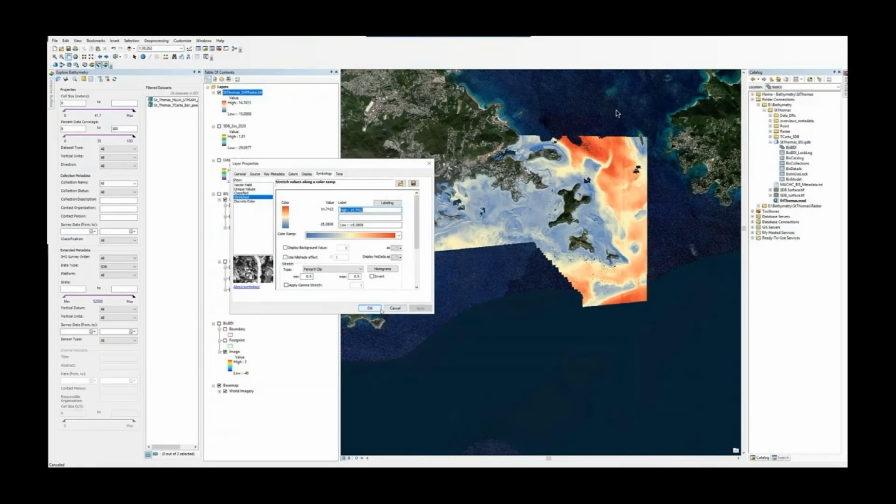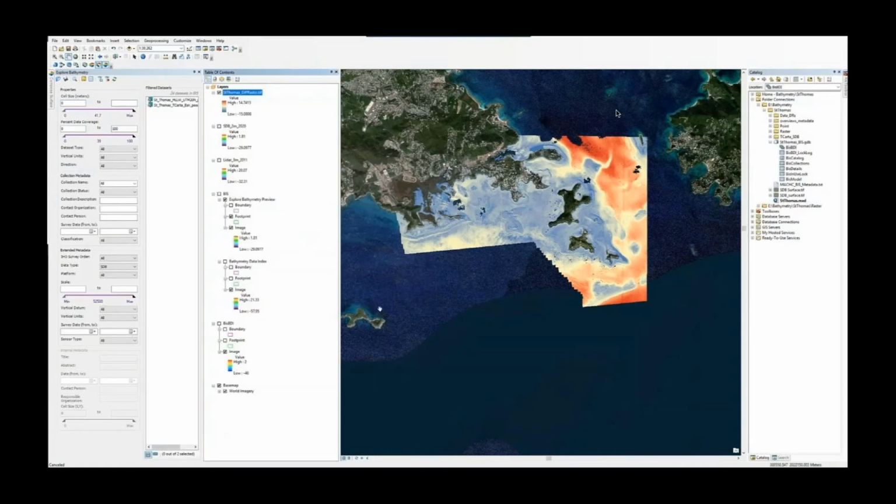So we can see on the screen those differences pop up immediately to our visual inspection, and where bathymetry has more radically changed. And what we are going to do is to zoom into the bay